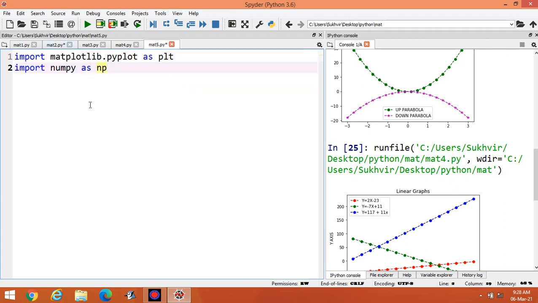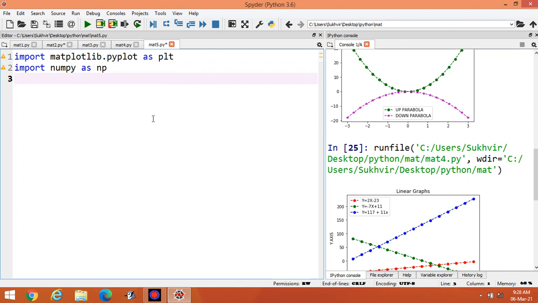Import matplotlib.pyplot as plt, and the second one is import numpy as np. The first one is for plotting the graph, and the second one is numeric Python to initialize some values.